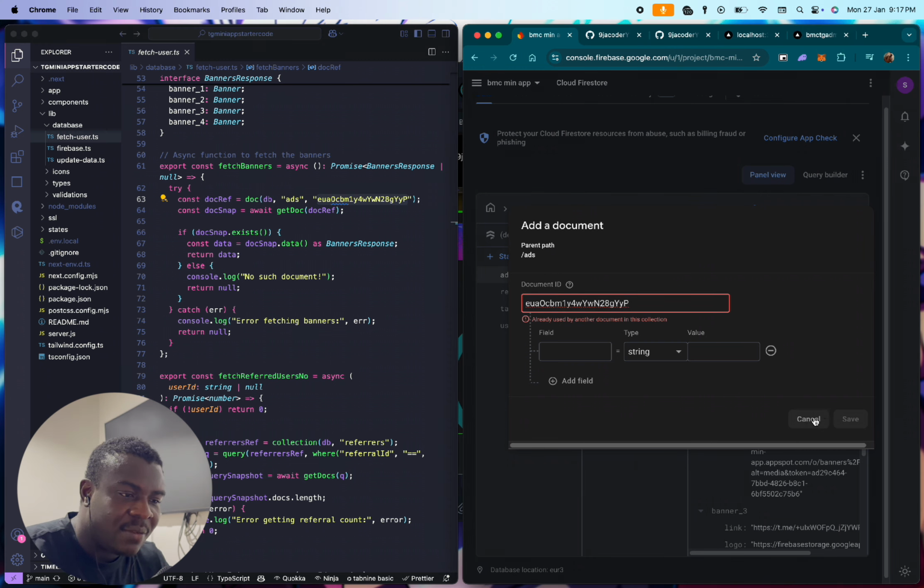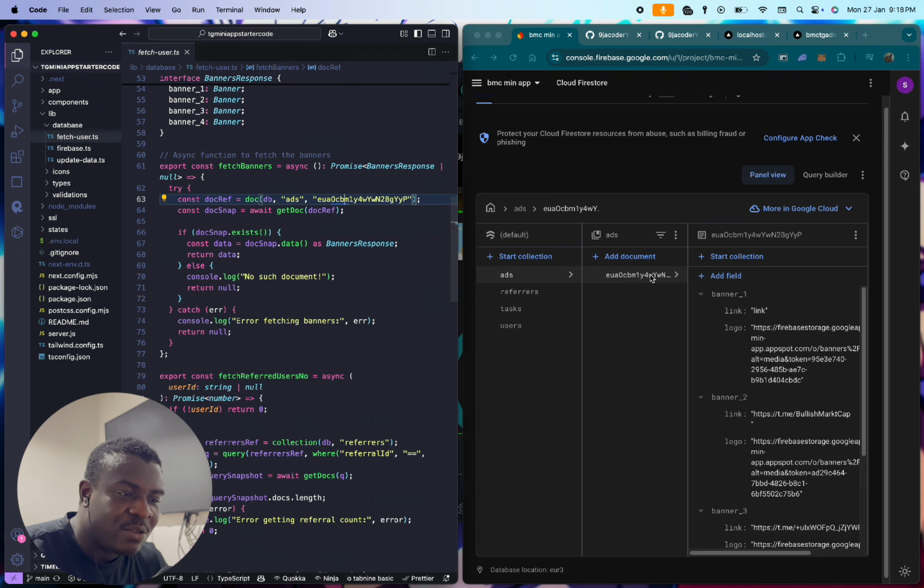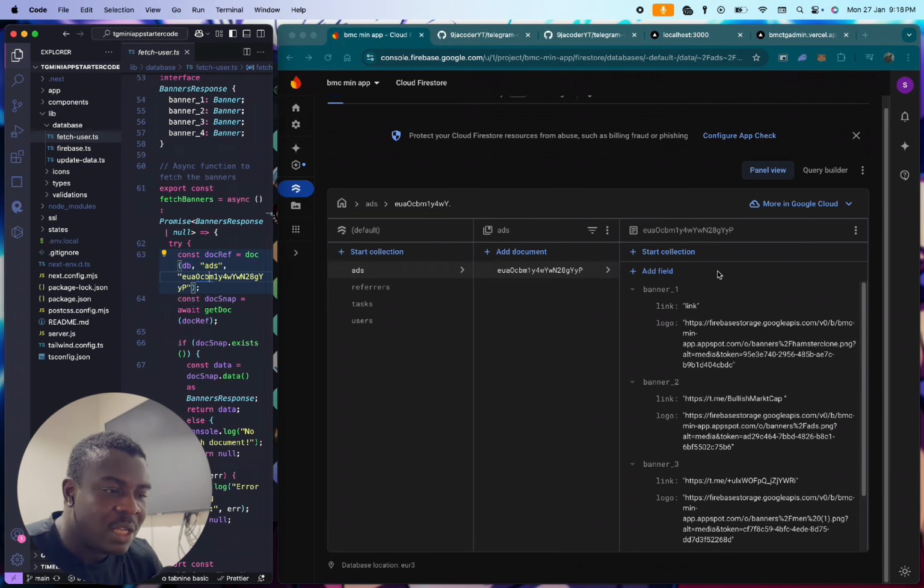Okay, and save. It's not saving because I already have one that is like that. So you can just easily take this and create a document with this exact setting. I think that will be much better for you. So once you've done that, in the document, you're going to create a map, a banner 1